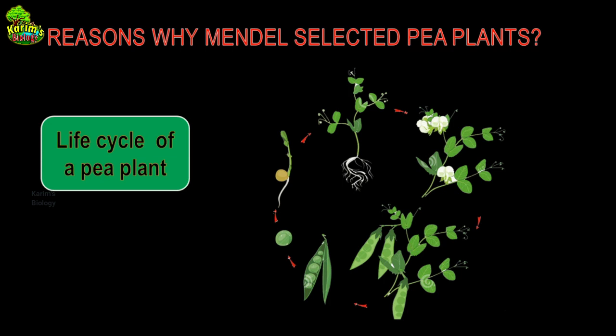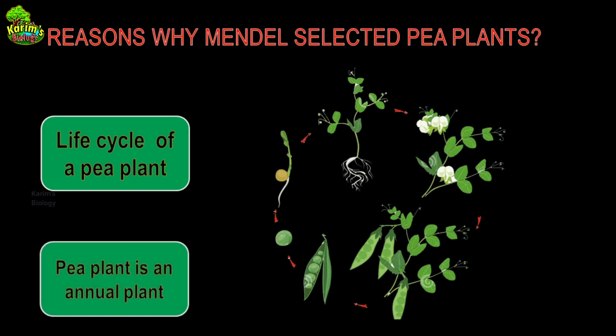Pollination may happen. That may be either self-pollination or cross-pollination, and after that the flowers turn into fruits. Within the fruits again there will be seeds, and when the fruits ripen and open, seeds will be exposed. When the seed falls on the ground, it will germinate again. So this is how the life cycle of the pea plant happens. But remember one thing, that these things happen within 1 year because it is an annual plant. So pea plant is an annual plant.